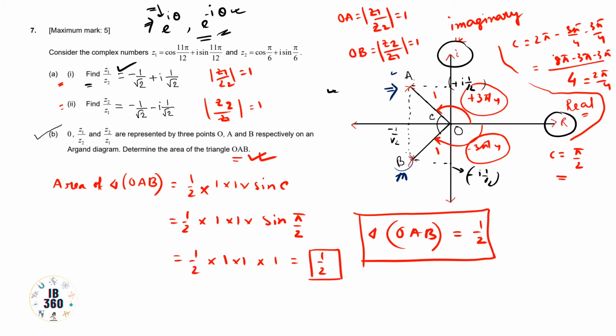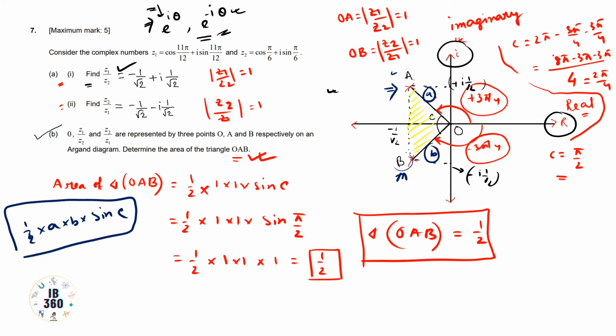So basically we will get this type of triangle. I am shading it, you can see here this yellow shaded triangle, and to get the area we use the trigonometry formula, half into a into b. If this side is a and this side is b, then the formula is half into a into b into sine C. This is the formula for finding the area of a triangle if one angle and two sides are given. So from there we have got the area of triangle OAB as basically half. So this was the answer.